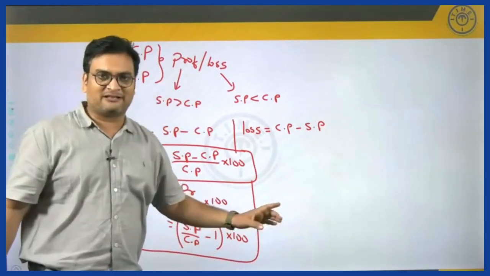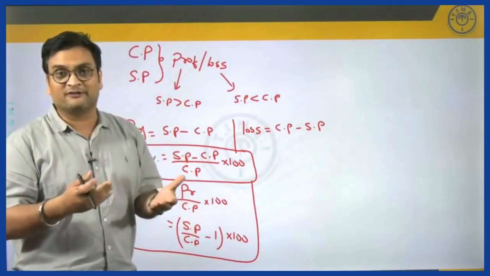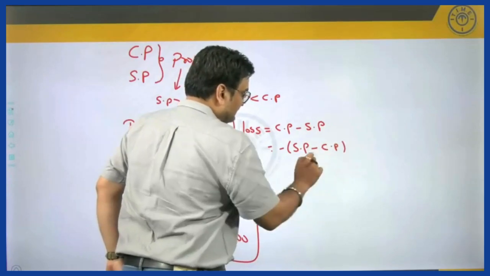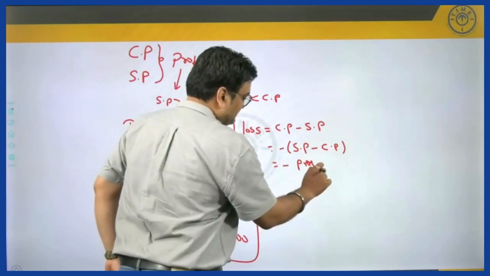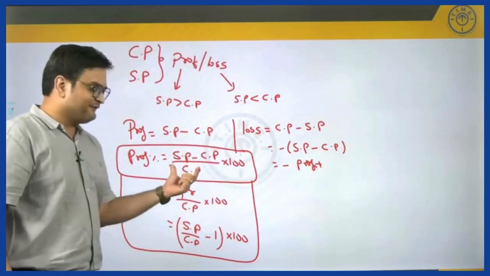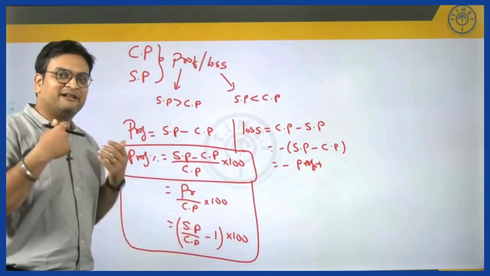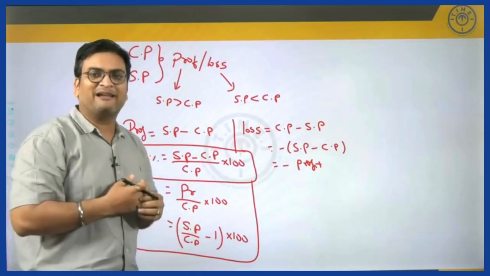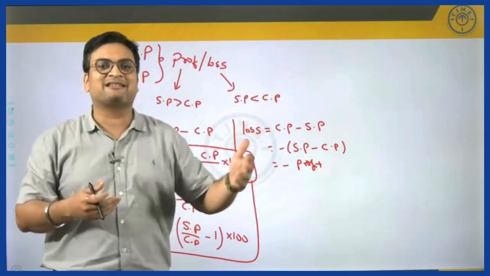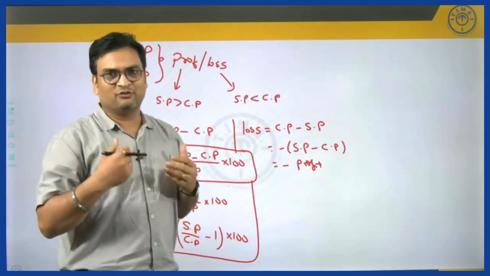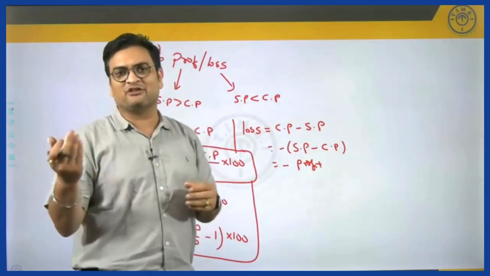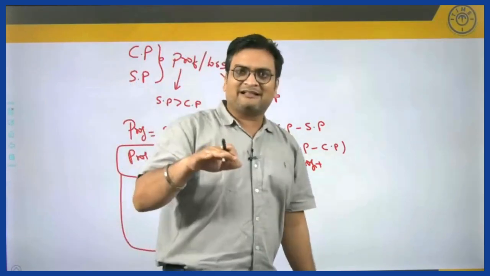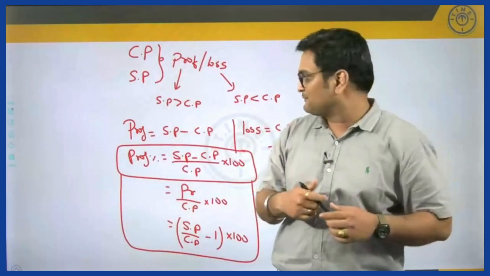And similarly, of course, loss percentage also. One more thing that you can easily observe here is loss is nothing but negative profit. So whatever formula we are writing for profit, the same will be equally valid for loss also, just with a minus sign. Meaning, if you say your profit is minus 30%, that is the same as saying loss is 30%. So there is no need to specially discuss the case of loss and loss percentages. If you discuss profit, loss is taken care of. So this is the basic discussion that you should be aware of. Now let us move on to